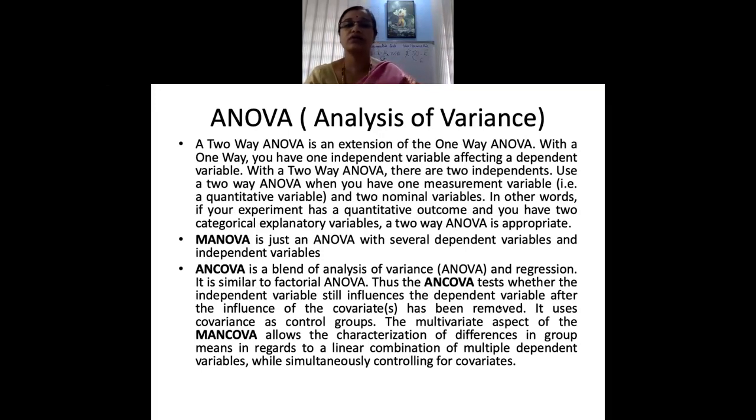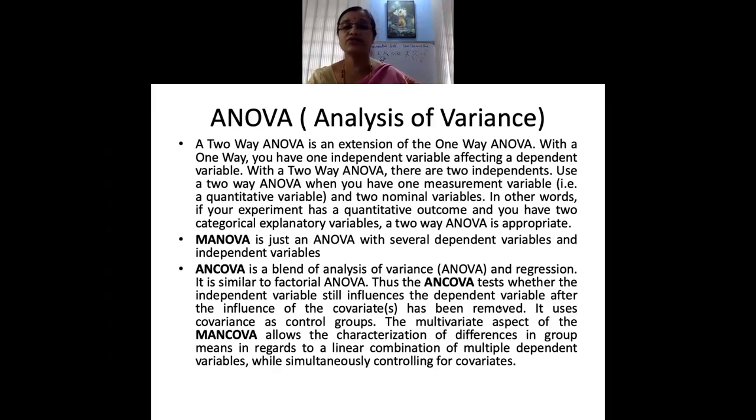So ANOVA helps you find out when there are many independent variables that you are calculating for one dependent variable. It is at that time you use ANOVA. Let us say, for example, you have income level and education level, and you want to find out, relating to service, whether it is enhancing the role of the HR manager. Okay. So at that time, when there are multiple variables, you can use ANOVA.